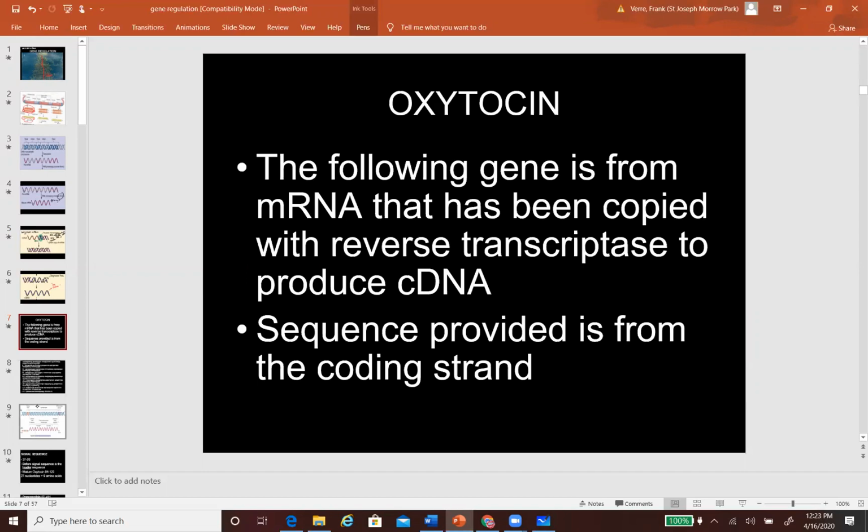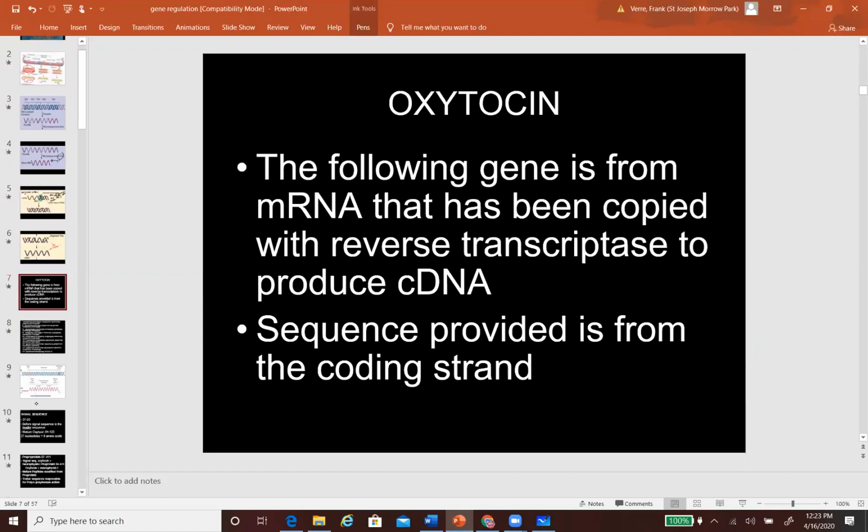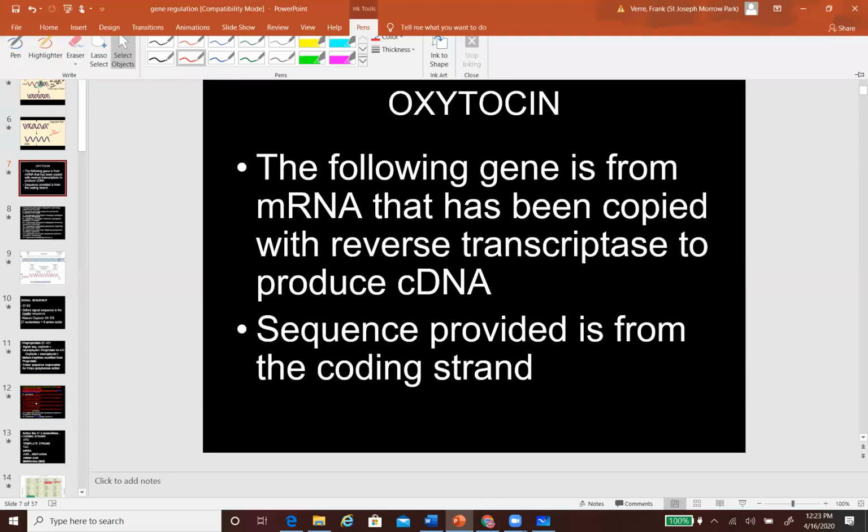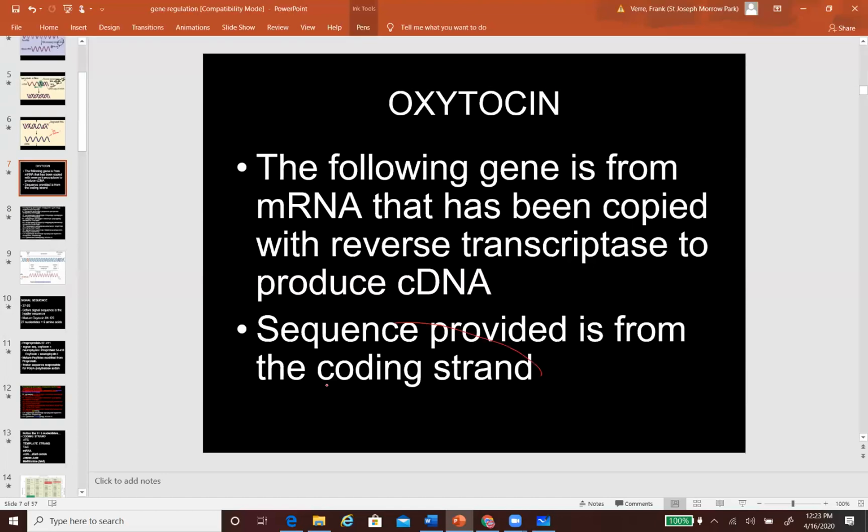So let's look at how to read this gene, okay? And just keep this in mind. What we're going to look at when it comes to this gene is something called the coding strand, which is highlighted here, okay? So the coding strand of this gene is the actual strand that looks identical to the mRNA. So it would look something like this,